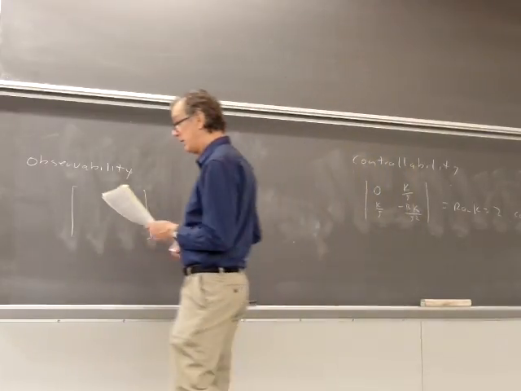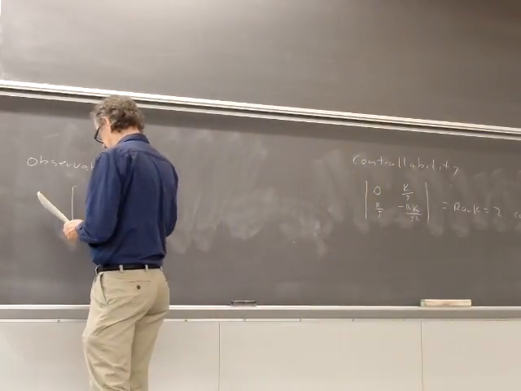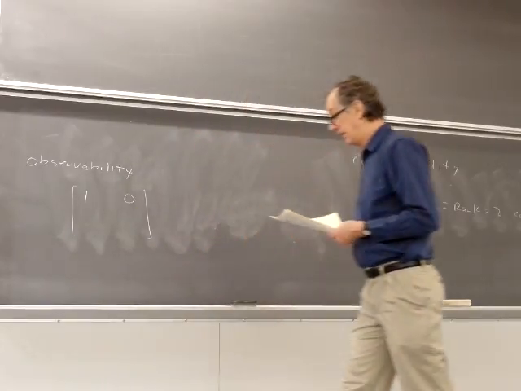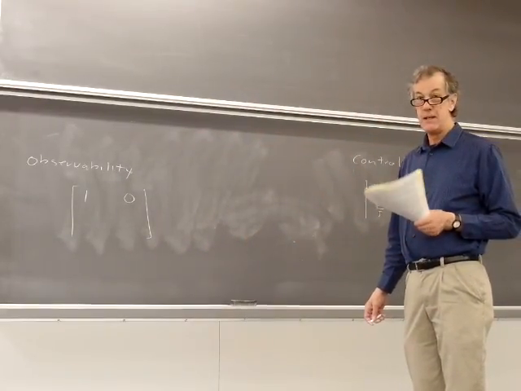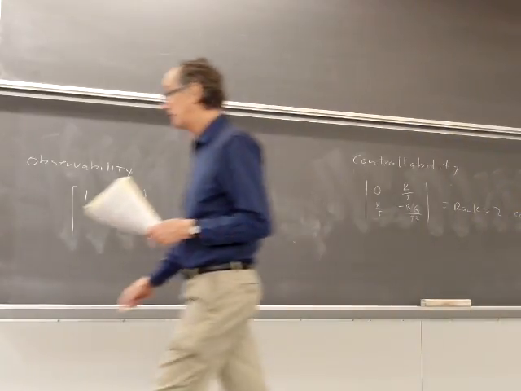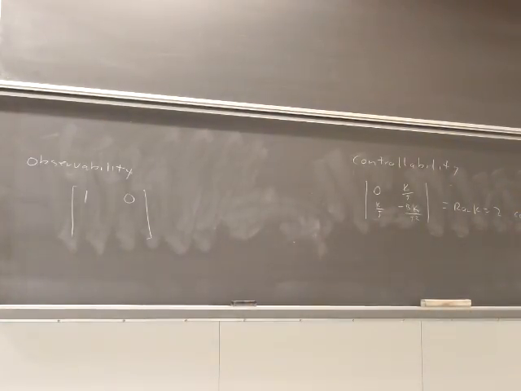First row, right? So we'll put that as the first row. And then the second row will be what? C times A, right? So C times A, which is